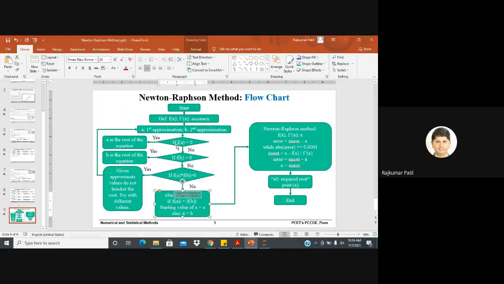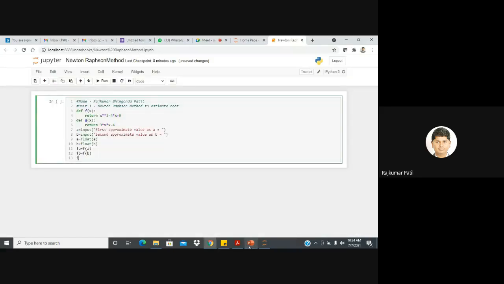So first condition, if f of a is equal to 0. If this condition is true, then what we will print?